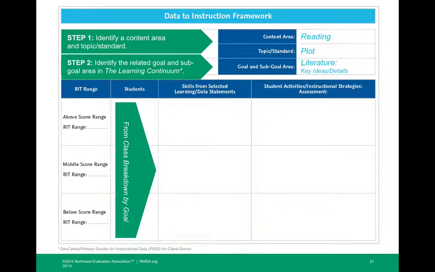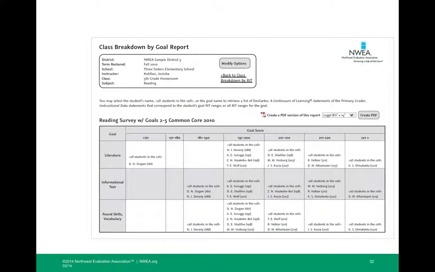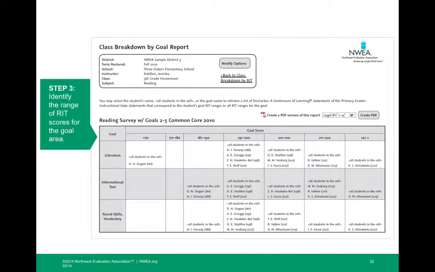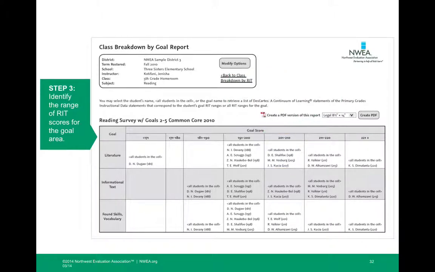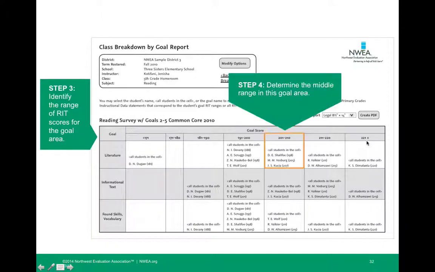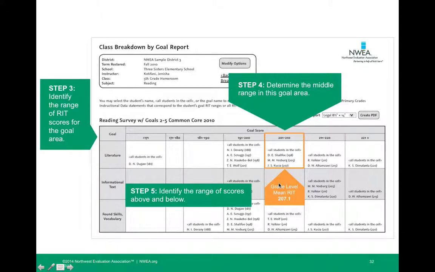Okay, so then I have to go back to my class breakdown by goal report, and identify the range of RIT scores for the goal area. I notice that I have a student at 171 and all the way up to 221. So I'm going to determine the middle range in this goal area, and you can use the mean, the average, or sometimes even look at where most students fall. The grade level mean is 207.1, so I'm going to use that for my middle,